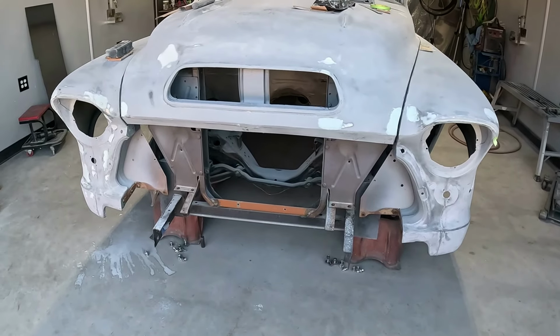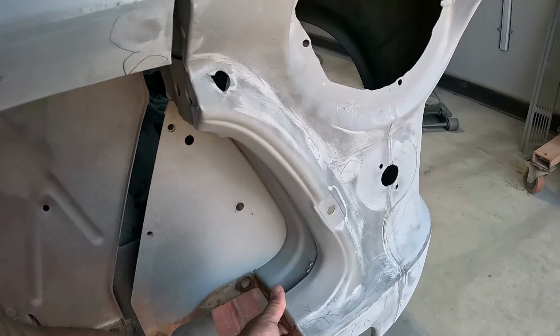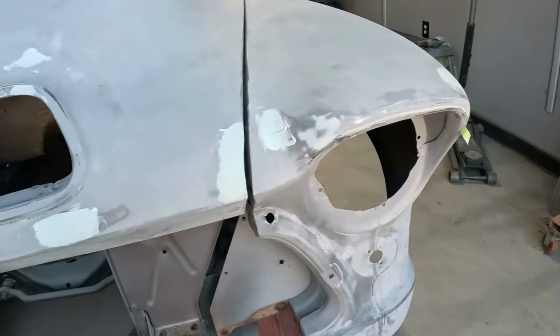Why is that like that? Oh, I see. Yeah, because those pieces were holding it together. I sure hope that that pan fits right, because I don't want it to mess up my body lines. Before I go in,